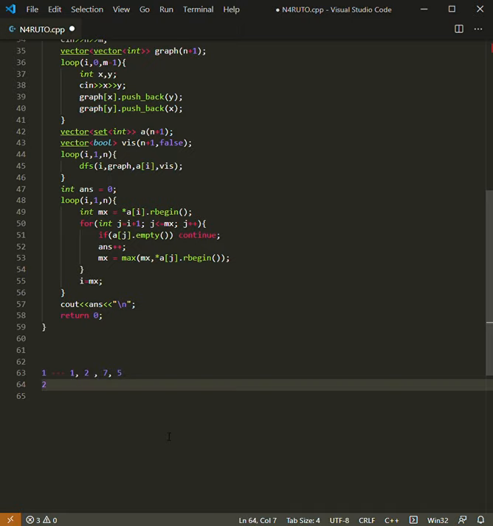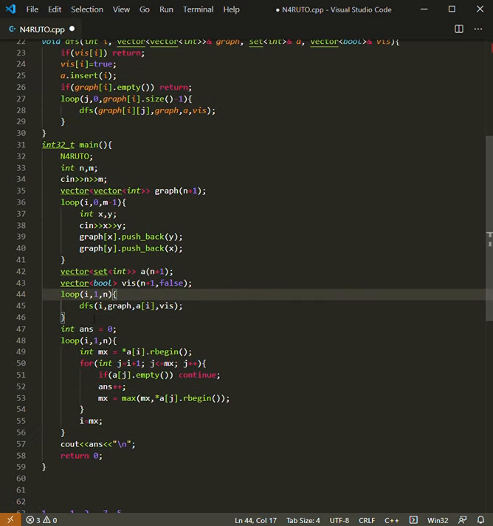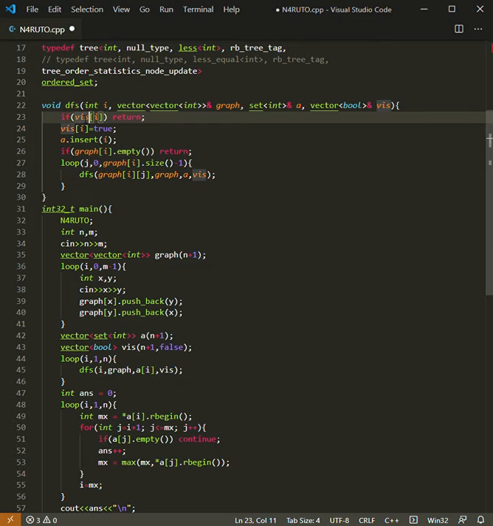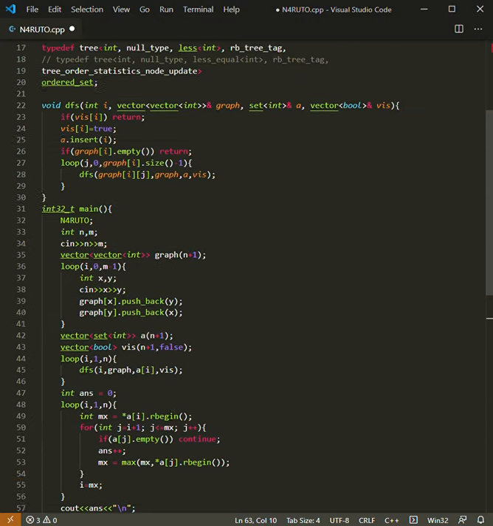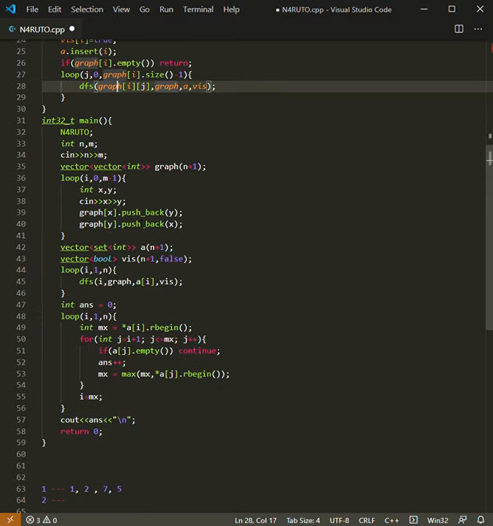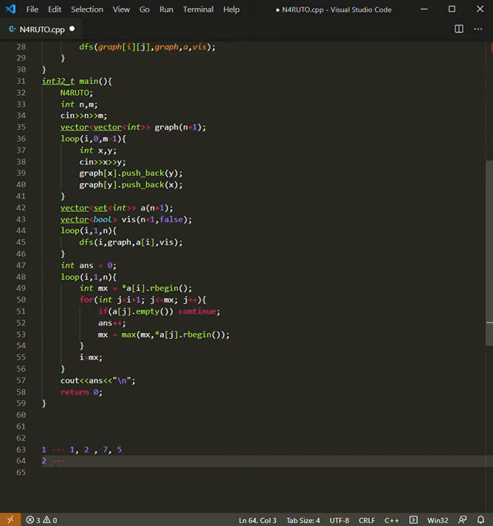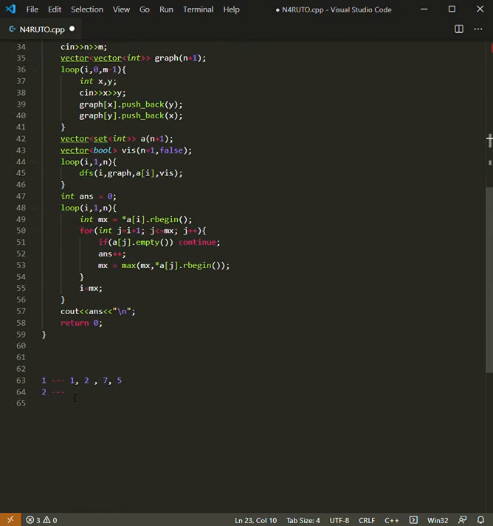That's why 2 will be empty, and we have done it in this because if visited[i] is already true, that is when we call for 1, 2 will become true as well when we call this. So afterwards, when we call for 2 here, then we have visited 2 equal to true, so it will just return and it will have 2 as empty. And this will say that we already have that, we have considered it.